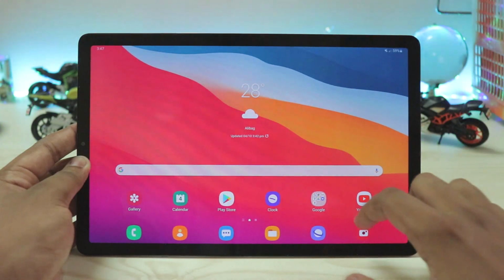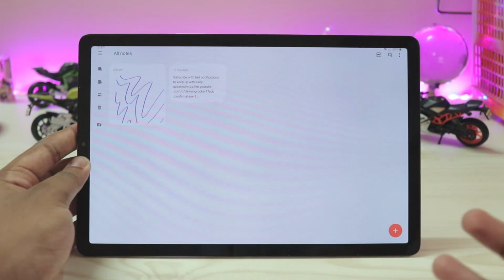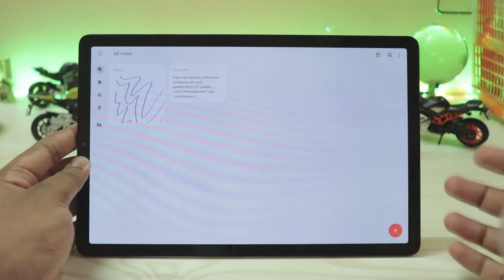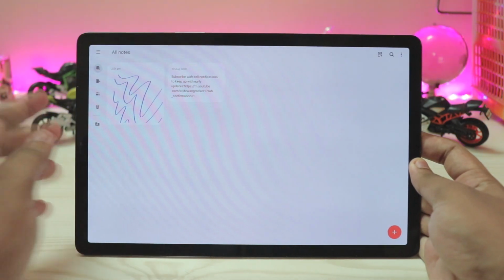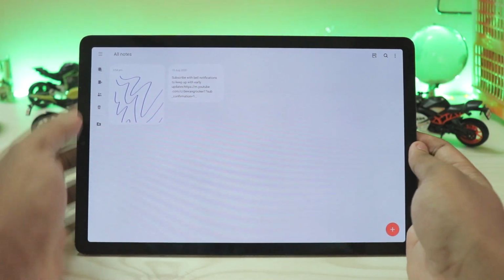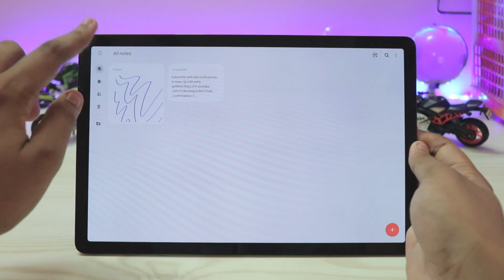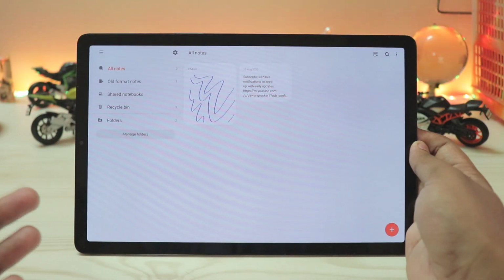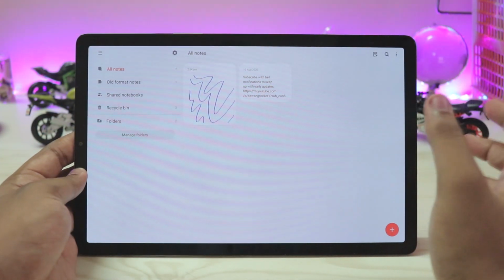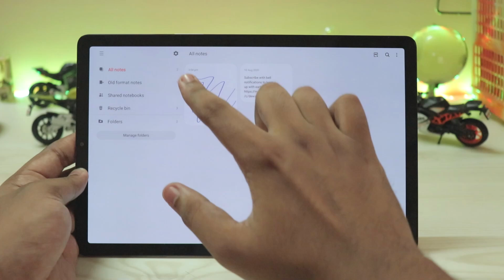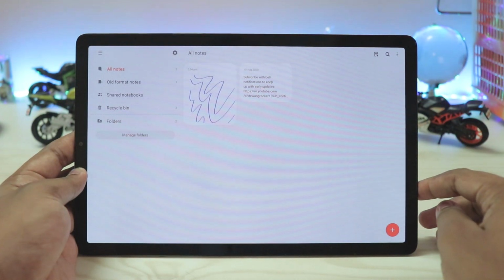itself. So directly going down to the Samsung Notes app, as this has been the focus, because this update was actually built with the Galaxy Note 20. So again, the Notes app does actually get a bit of a revamp in terms of UI. So again, you have folders for notes. Again, all the older notes can be converted or should be converted if you want to edit them into this latest update. Again, you have the folders right over here, recycle bins, shared notebooks, just as before.